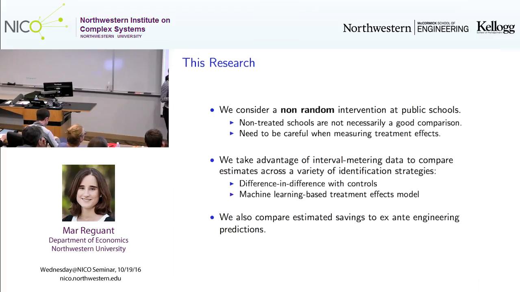When it comes to policy, the big question will be how do these ex-post savings that we can quantify in the data compare to the ex-ante savings that came from the engineering model? And again, this is very important for two reasons. One, I guess it's good to validate how our ex-ante engineering models are doing. But second, because incentives, as I said, for these policies are based on these ex-ante engineering models. So it's sort of important to see how well those ex-ante predictions match what we can measure in the data ex-post.